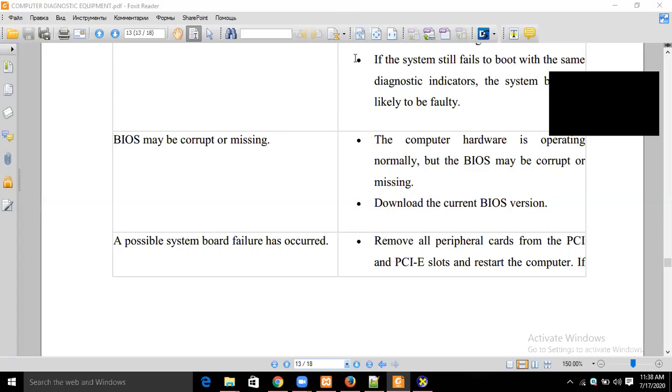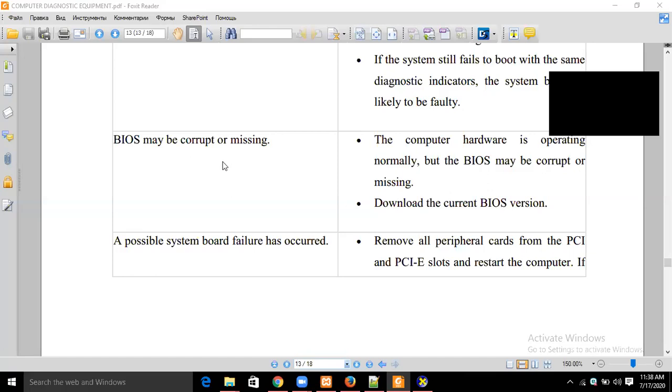Don't use any password. And still you can have the legacy boot, you have the secure boot. All this information, you get it at the F2 of the computer, that functional key. So still, in case you realize that the BIOS has corrupted or is missing, the best thing you can do,